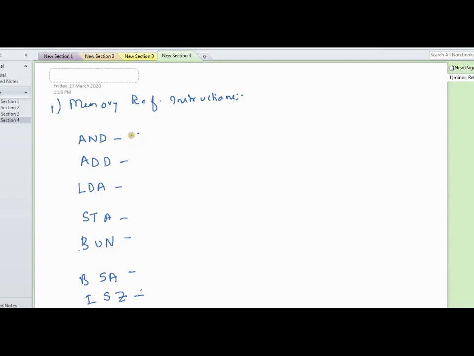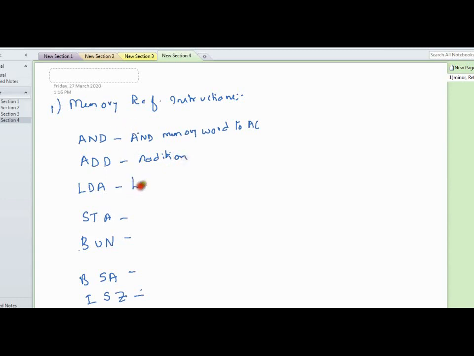AND is actually a two-operand operation: AND the memory word with the AC, and the result is again stored in the accumulator. Similarly for ADD, the addition operation is performed with the memory word and the AC, and the result is again stored in the AC. This is for addition.